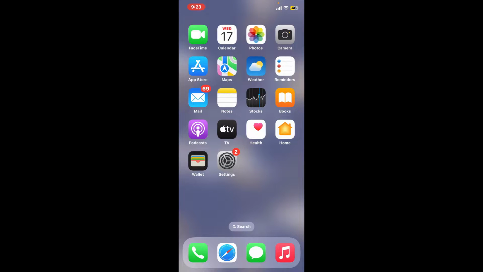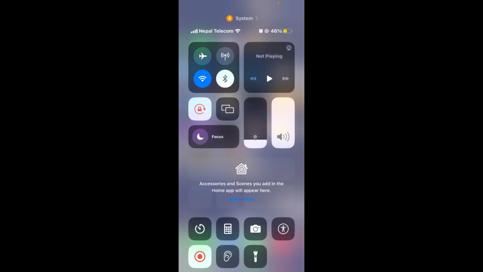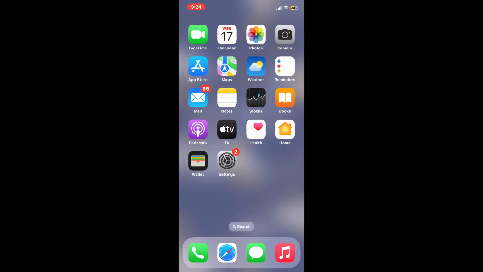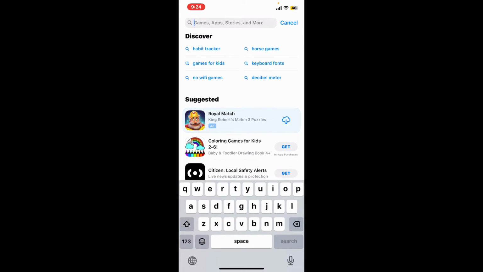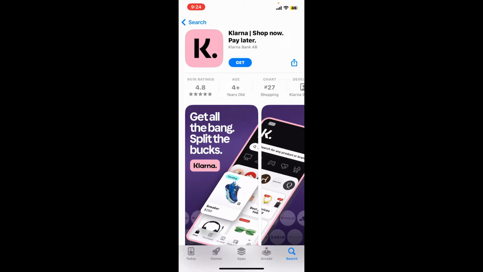First of all, make sure that your iOS device is connected to a stable internet. Once it is, open your App Store. Go to the search box at the top and type in Klarna and search. Once you come across this application in the search result, tap on the Get button to start downloading the application